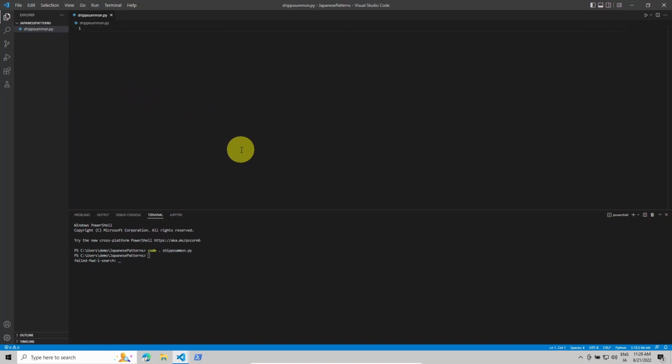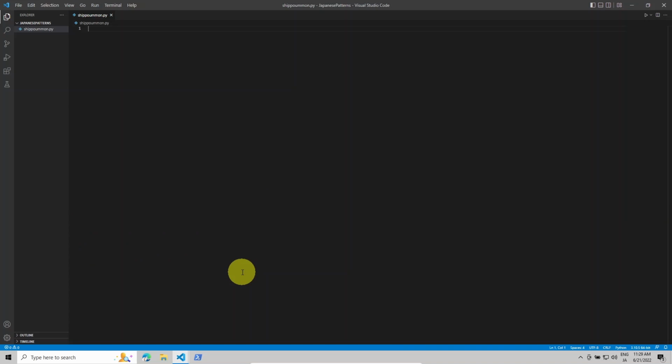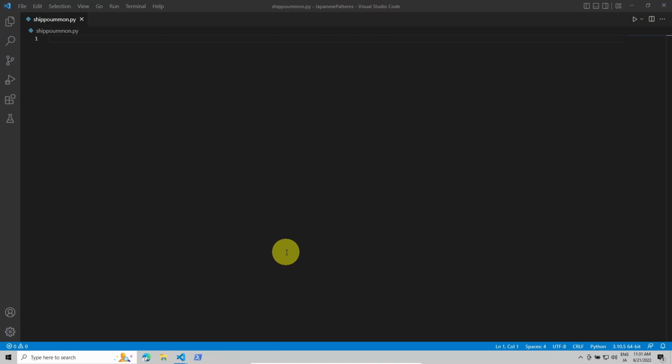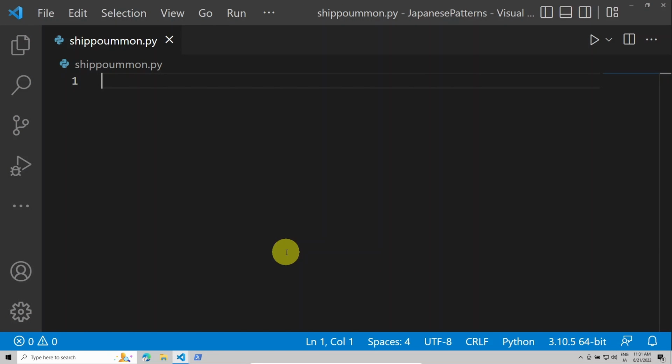So I'm just gonna close my terminal again because I don't need it, and Ctrl B to close the sidebar so we get more real estate. I'm just gonna zoom out with the Ctrl plus. And first things first, I'm just gonna import my turtle, and we're gonna use some variables to